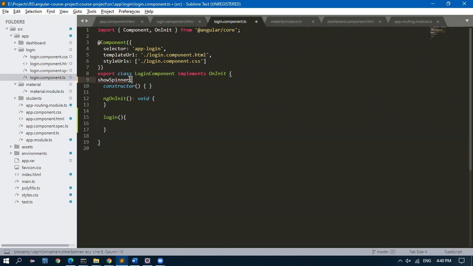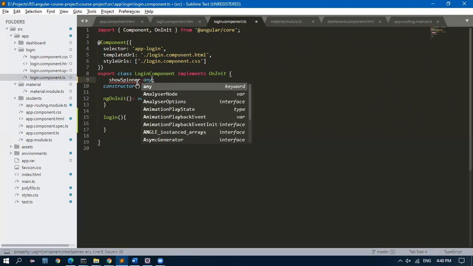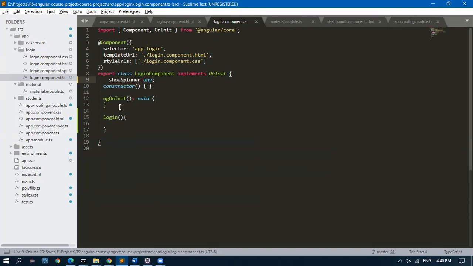I just declare that. Rajesh, before in that login.component, yesterday we had nothing, right? Yeah, we have nothing. Now before this section you added something? No, just now I'm adding.